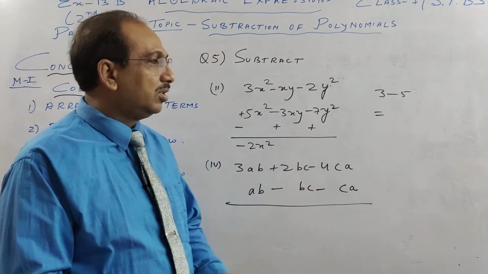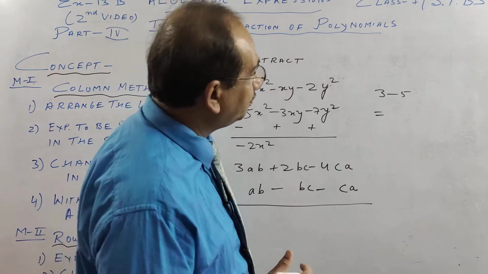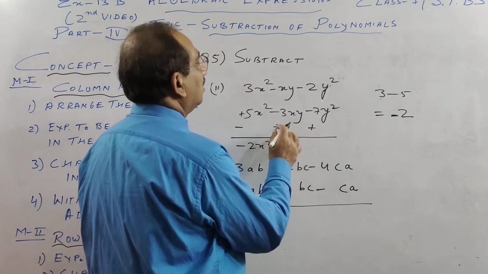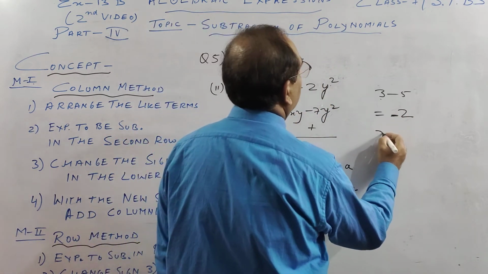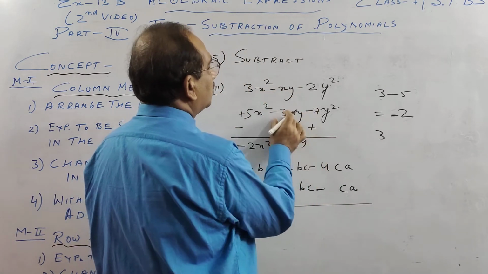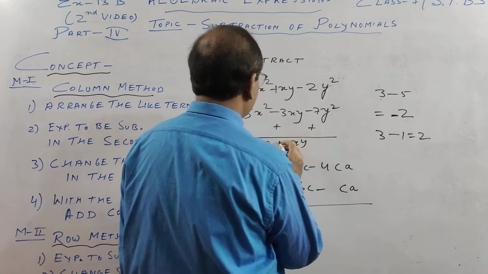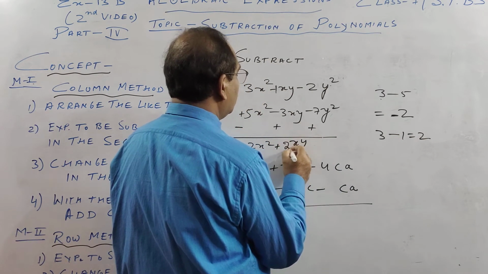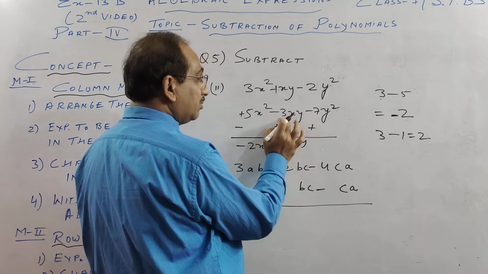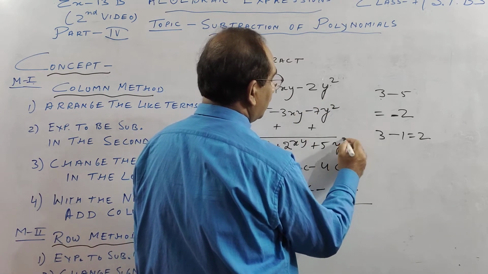If you have any doubt, you do 3 and minus 5 here. The integers chapter I have taught you: when one is plus and one is minus, we subtract the smaller from the larger and put the sign of the larger. So here plus 3xy will be our answer. See, x square below x square, xy below xy. So plus 3 minus nothing is here, meaning 1, so it gives you 2. So it will be plus 2xy, because this is plus 3. Don't see this to be minus; this has become plus. So plus 7 minus 2, we get 5 y square.